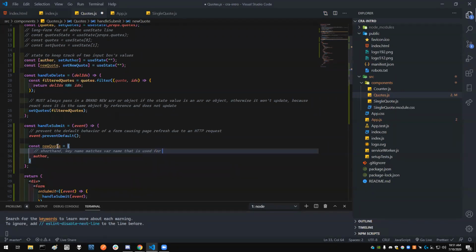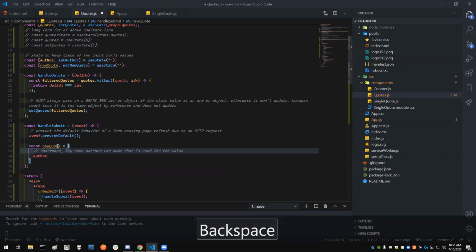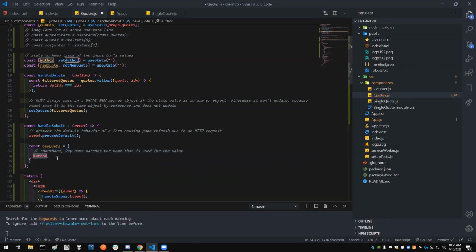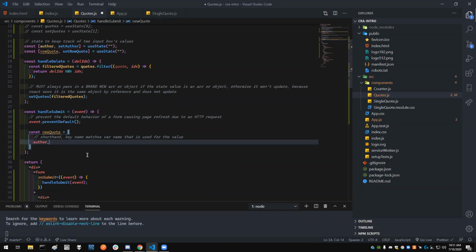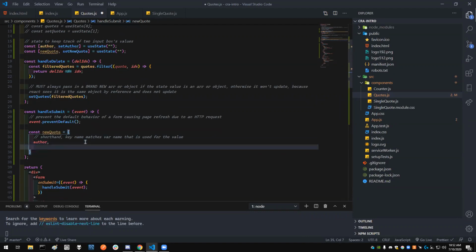That is used for the value. So that hoists, right? Will that hoist? No, because author's already above. Oh, I see. So that's where it's available. But for this next key, I'm